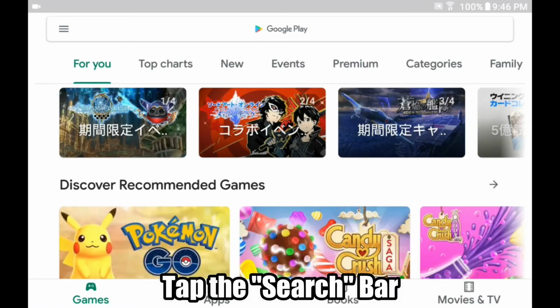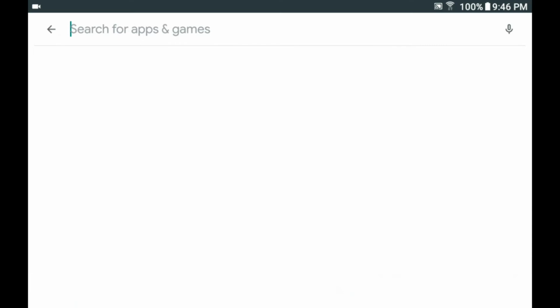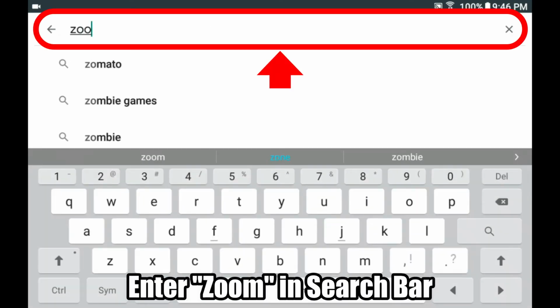Up on the top, there is a search bar. Please tap this. Once you tap it, the keyboard will pop up from the bottom. Type Zoom